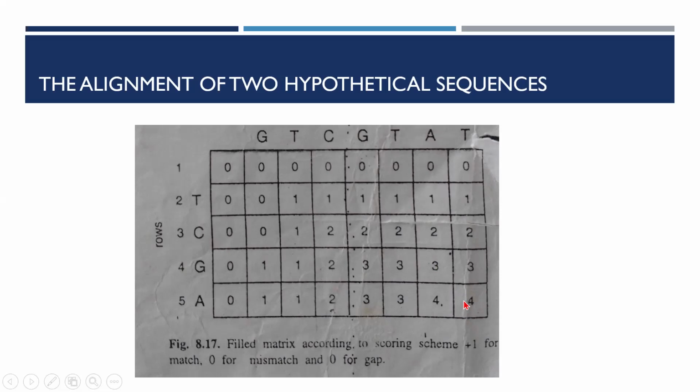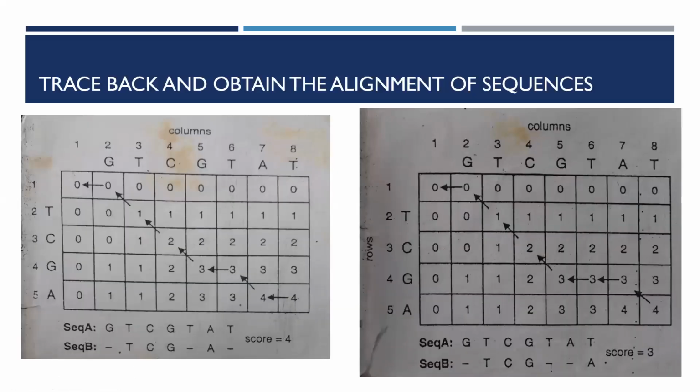So how will you go in tracing back? There are 2 trace back methods given, to trace back and obtain the alignment of the sequences. If you see in these 3 positions, you can go this way, this way, or this way. I told that it is customary to go with the high numbers available. So 4, better to go this way. Whatever way you follow, the final result should be the best alignment between these two sequences.